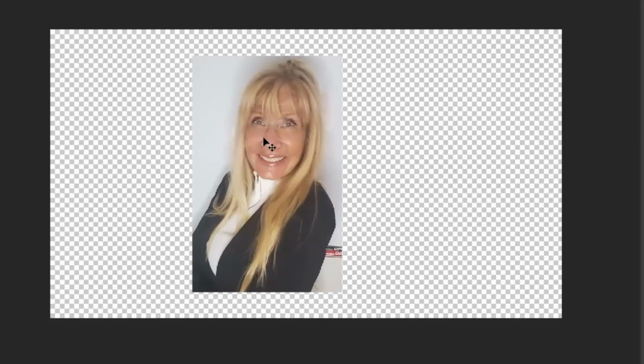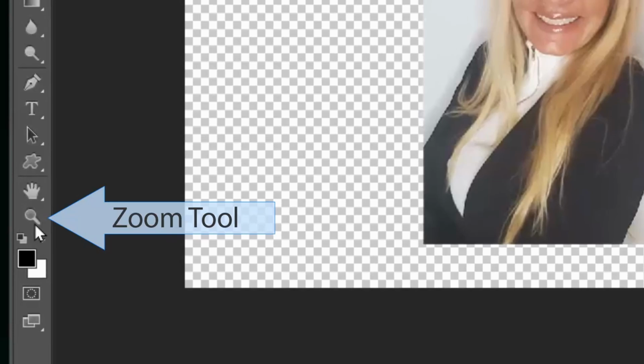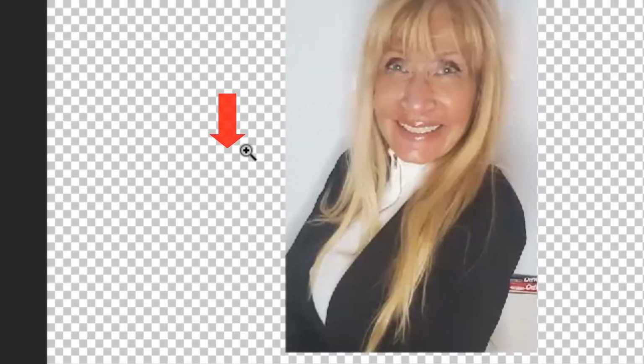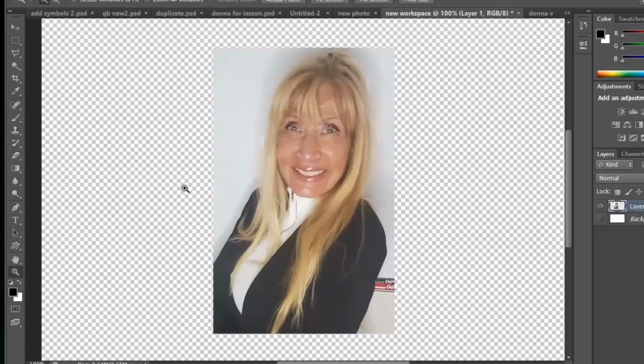If I want to zoom in, because I'm going to be working with pixels and I want to magnify this a little bit more, I'm going to come down to my zoom tool. My zoom tool is all the way at the bottom, and it is a little magnifying glass right below the little hand, and I'm going to left click my mouse right on that zoom tool, and my zoom tool has a little plus, and when I left click once, it zooms in,